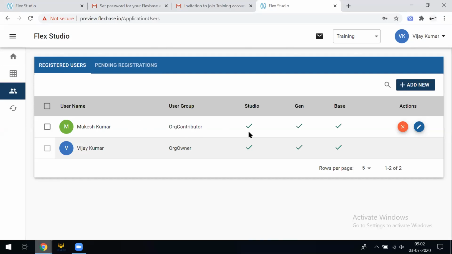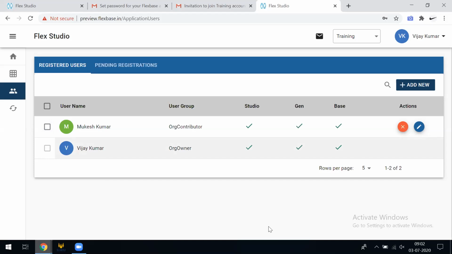Now the admin can perform two actions, either deactivate the user or update the user role. Okay, so he can make the new user an admin. And also, if you click over here, we can delete a single user, or we can select multiple users. Okay.